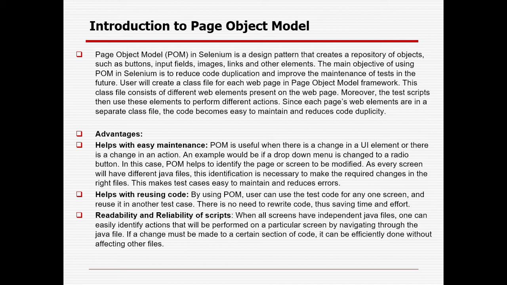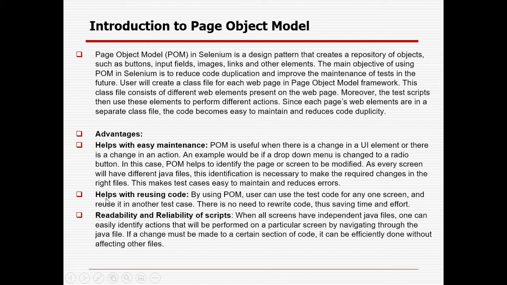Now suppose a particular web element is getting changed. Suppose initially it was a drop down, but after that it was changed to a radio button. So you have to correct the properties, I mean the web element locator for that web element. After that, you also need to update the method, because initially it was a drop down, so obviously you wrote the method to select from the drop down, but it is now a radio button. So you have to update your method accordingly, so that it will select a particular option from the radio button. That is one important aspect: the page object model helps with easy maintenance.